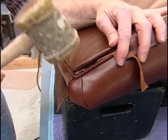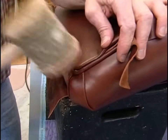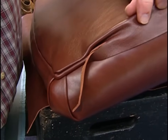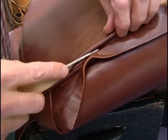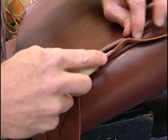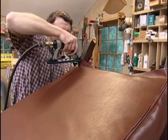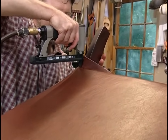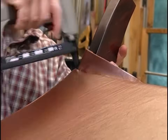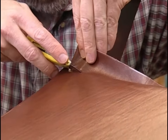And then take this mallet and just pound it down. And then I'll tuck a little more, trim it, pound it down until we get all the way up the edge. Now I'm going to tack it right here into that back leg, trim it,